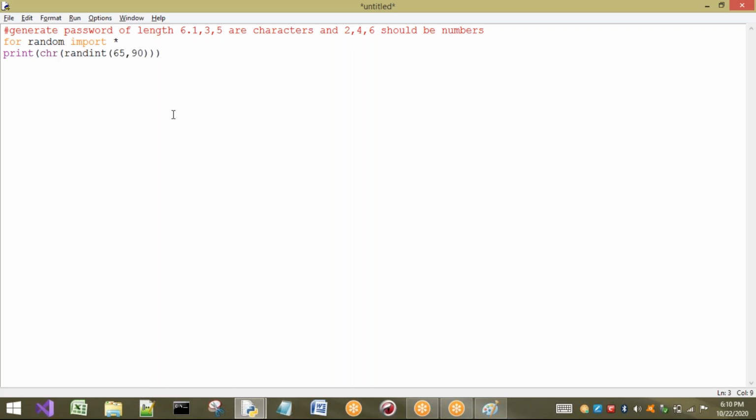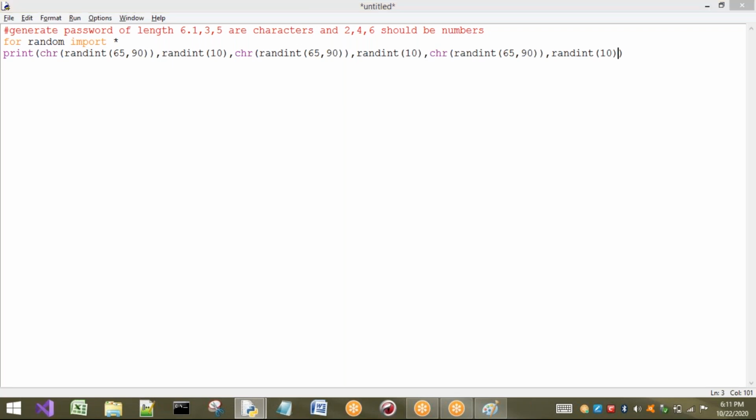This is one, and next I want to take a random integer now, randint of, taking only the numbers between 0 to 9, for example. So just I will take 10 here, and I will just copy paste the same things. Okay, right. 6 are completed here. So if I execute this one, let us see what will be the output of this program.